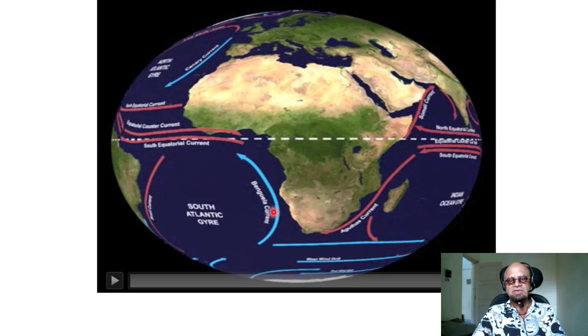Benguela current, which is the eastern boundary current. What is the eastern boundary? It is the western boundary of Africa, but it's the eastern boundary of the Atlantic Ocean. So this is the South Atlantic Ocean, which has a strong western boundary current here called the Brazil current, and the Benguela current is the cold current. Similarly, you have the Canary current. There is a cold current on the eastern side in the northern hemisphere, and on the other side it has